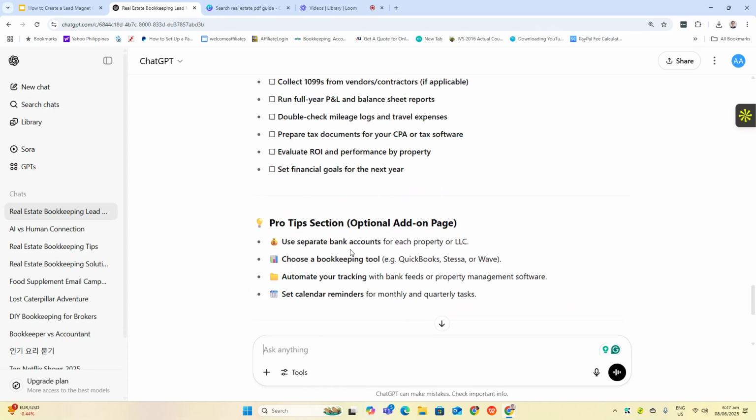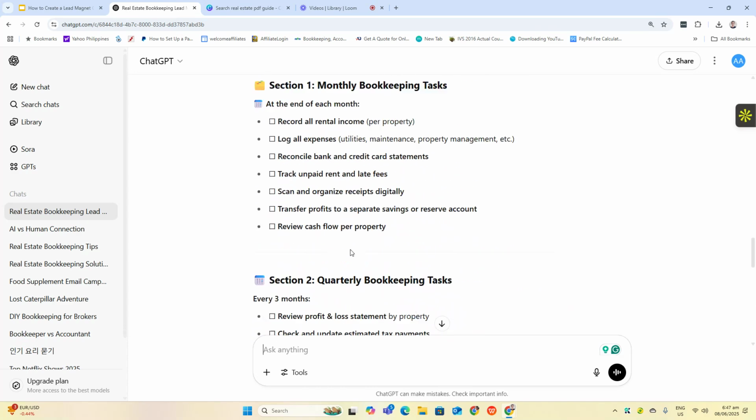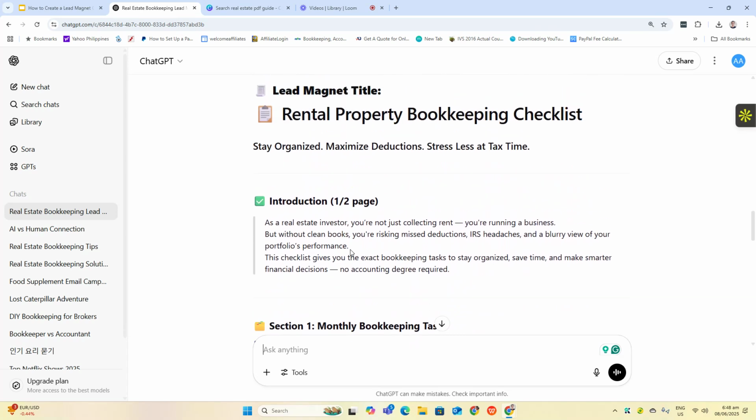See? So, start with a simple one. So, this is a bookkeeping checklist. It will help your prospective client to stay organized, to maximize deductions, and stress less at tax time. Okay.